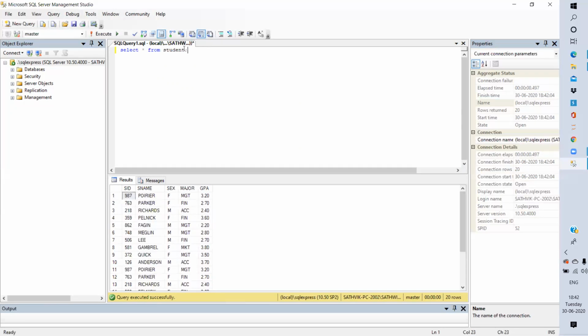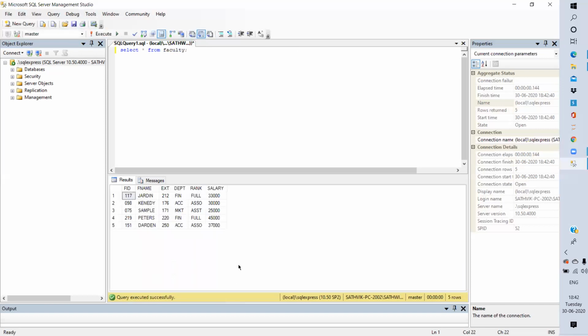Or else you can use another table, right? Execute. Here is the faculty table. So if you use the star or asterisk, it will retrieve all the data from the table.